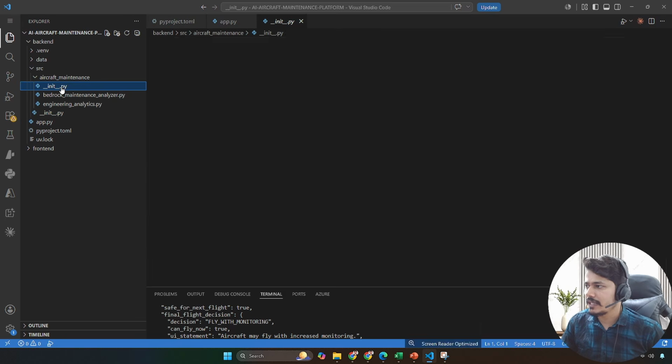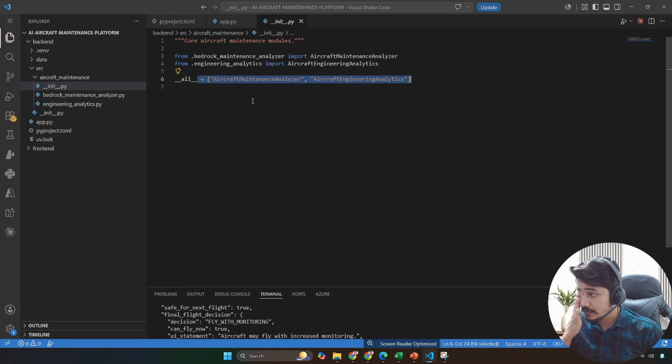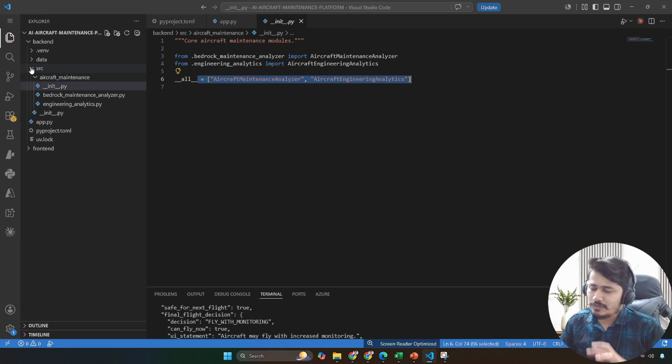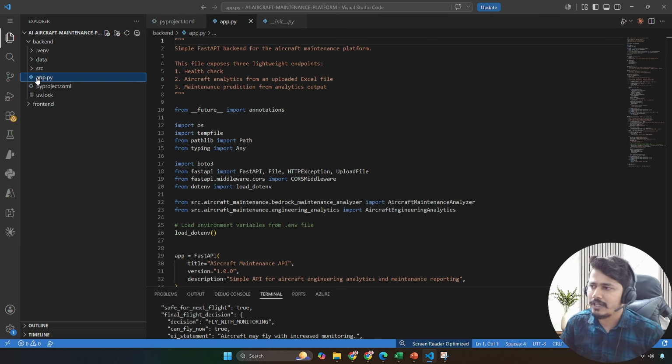And under aircraft maintenance, again, I have added this constructor so that we can call these particular classes that we have written inside these modules. We can easily import those. So basically with the constructor, we have converted these Python files into modules. Now that's the simple Python trick to convert your projects or your code into Python packages. Now that we have done that, I have added the app.py, which is a FastAPI application